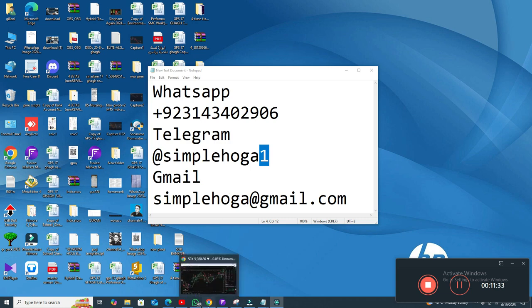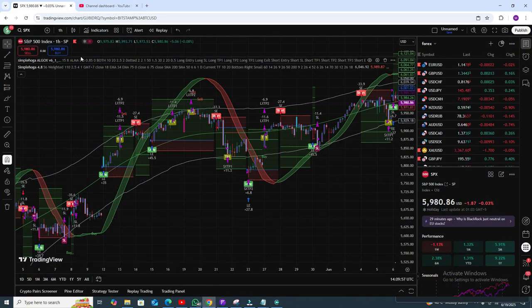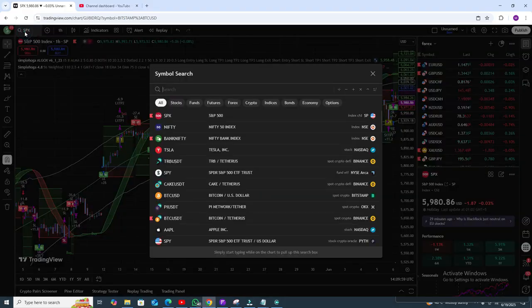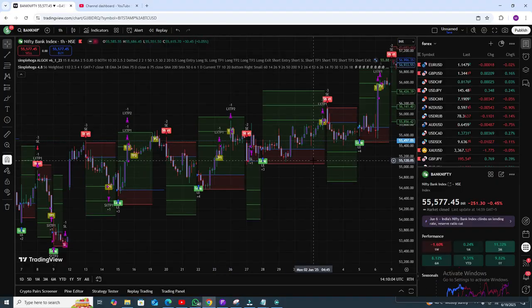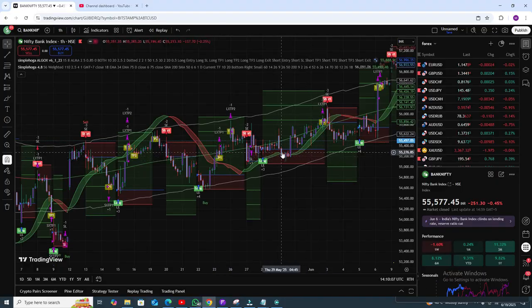I give you one more explanation and one more important thing, and that is for the Bank Nifty, because mostly people from India contact me for the indicator. Here you can see TP1 hit, and this is the buy position, your TP1 hit easily, short position your TP1 hit, long position your TP1 hit, short position, and you can close your trade, and you can clearly see your TP1 is hit, and the buy position clearly gives you some good profit.